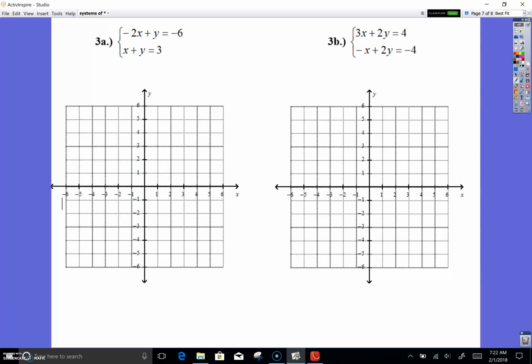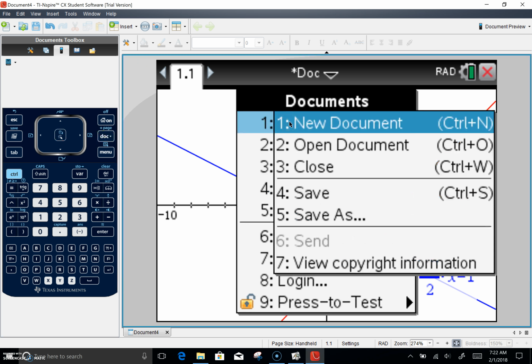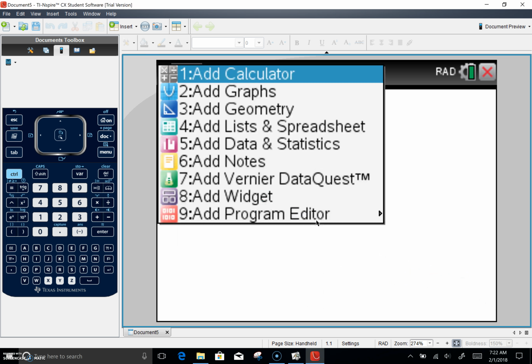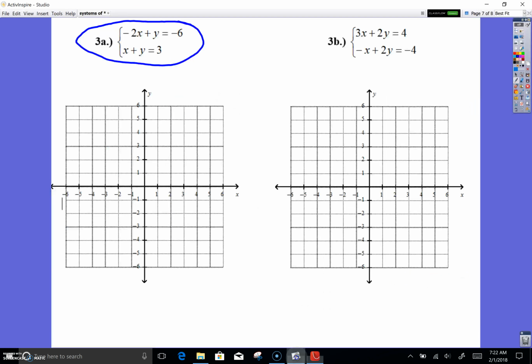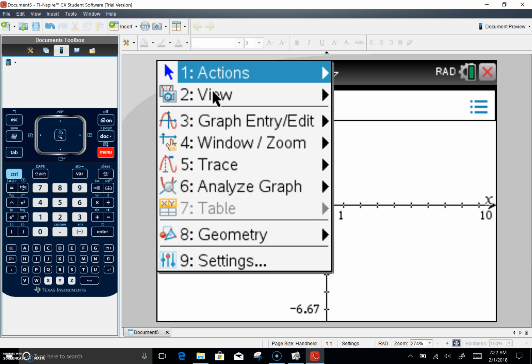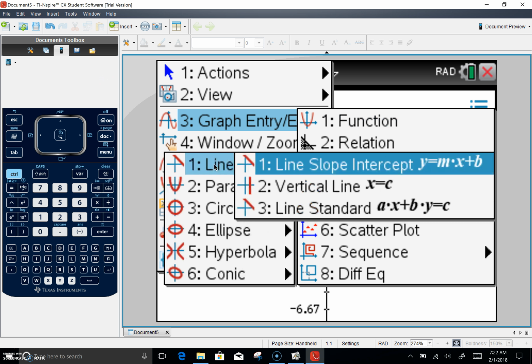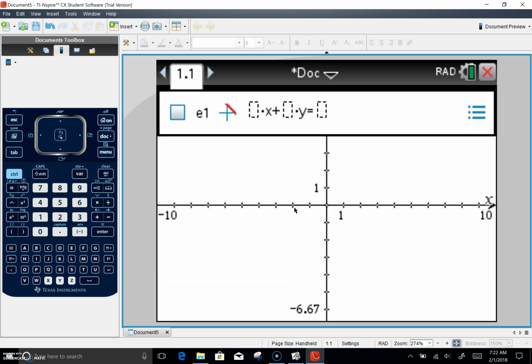Okay, now these are in standard form. You're going to do the same thing. Okay, so I'm going to go again, new document. I'm going to add a graph. So first, negative 2x plus y equals, okay, so I'm going to go to menu, graph entry, equation, line standard. Okay, negative 2